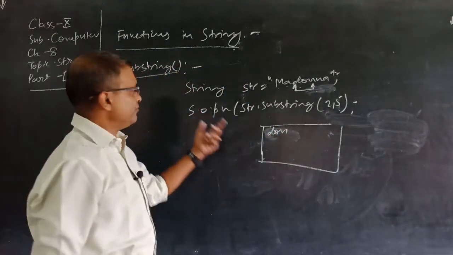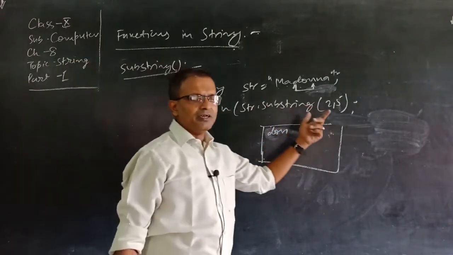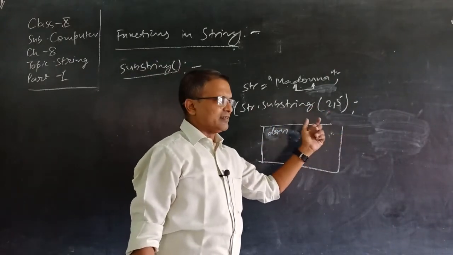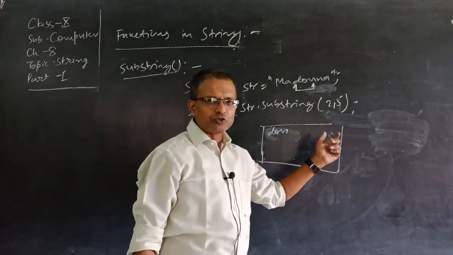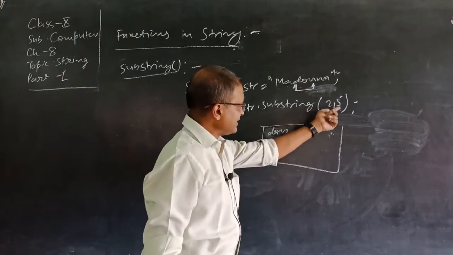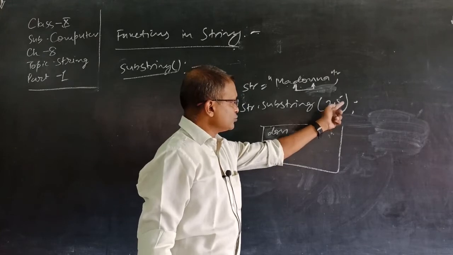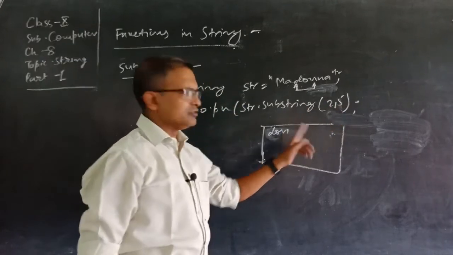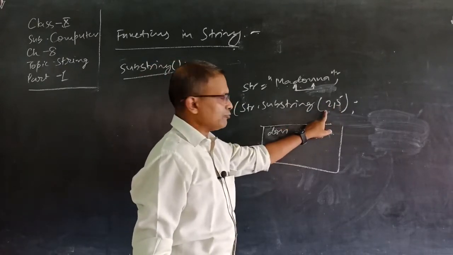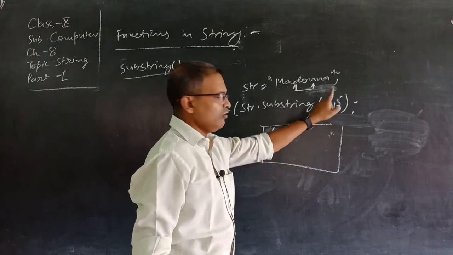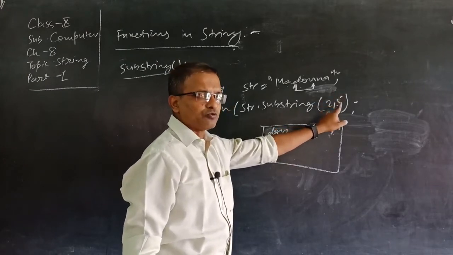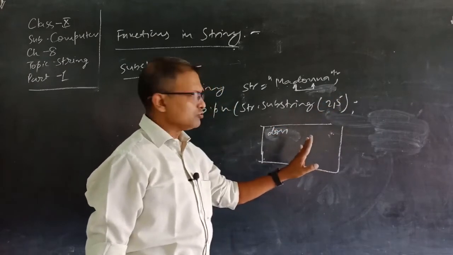In this way we can use substring in 2 formats. First is single parameterized, that accepts the start position, and the second is start and end position, but the end position is not included, it returns up to 1 less than the end position. Suppose you give here 5, you have to take the characters 2 to 4, 1 less than 5. Getting my point? So this is substring.